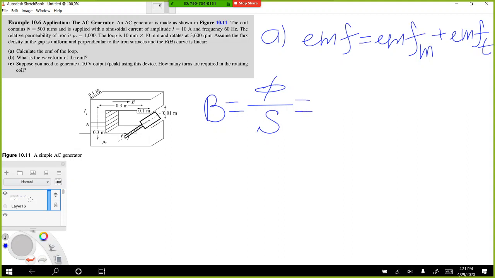So from the previous course, the course of electrical equipment, the magnetic flux through the gap was equal to N multiplied by I divided by the reluctance of iron